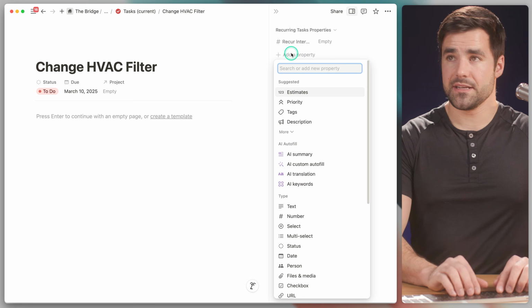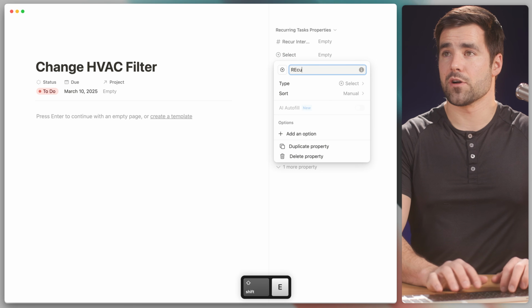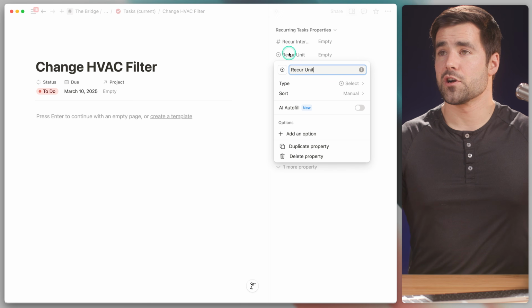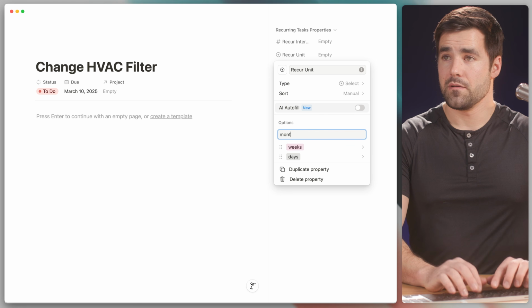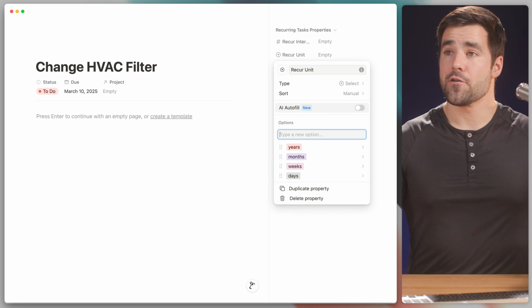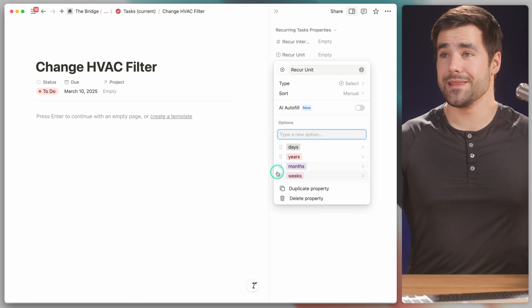We're also going to create a select type property. We're going to call that recur unit. And in recur unit, we are going to have a few different options: days, weeks, months, and years. Now, for the purposes of this video, we are keeping things simple, and these options do need to be all